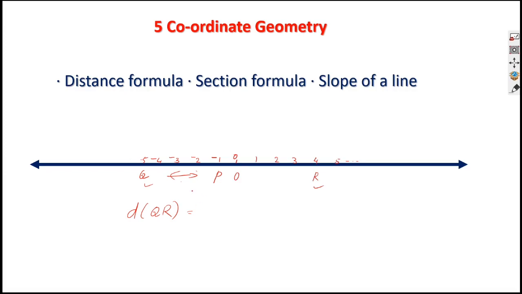We write the subtraction of R minus Q as 4 minus (-5). This way we studied it and we got the answer 4 plus 5, which is equal to 9,